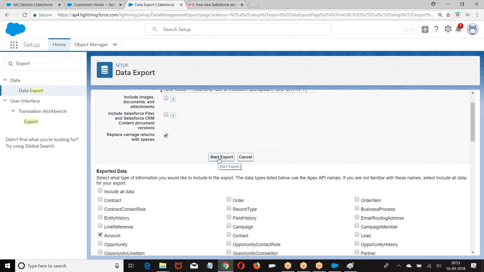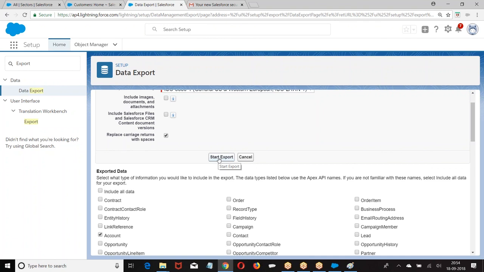I hope you are good, right? So import wizard and data loader. But what is the advantage of the import wizard? See, now I am a staff of the company. I am a sales manager. I know how to upload an Excel sheet in the import wizard. I simply say import wizard, choose object, I can upload. But you are a sales executive, if I ask you to install data loader and upload, you will not find the path because you are not a technical guy, right? So if it is a data loader, you have to install it on your system. You have to tell him, boss, you have to generate a security token, username, password, enter it. I have to give all this stuff.